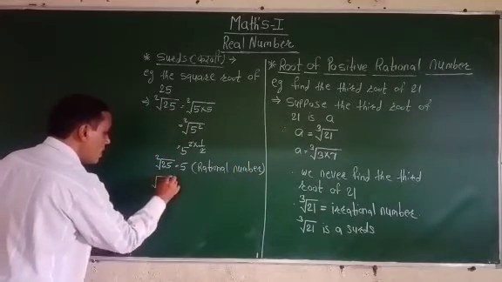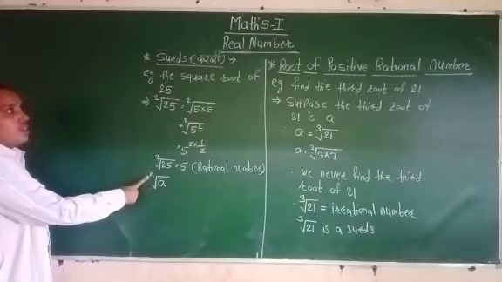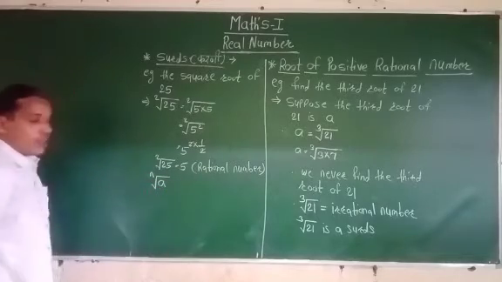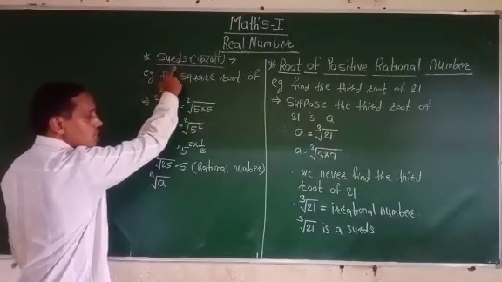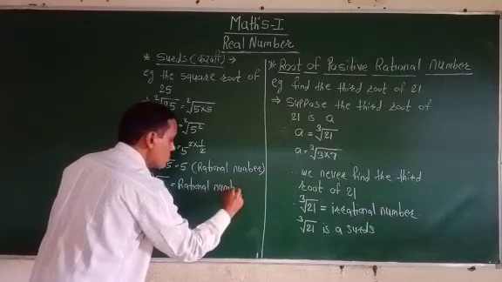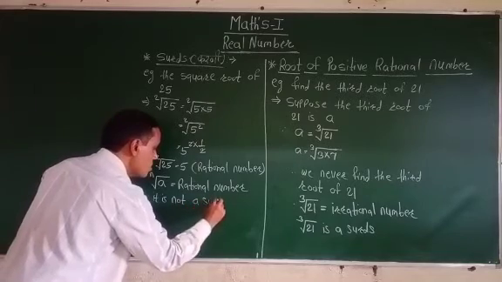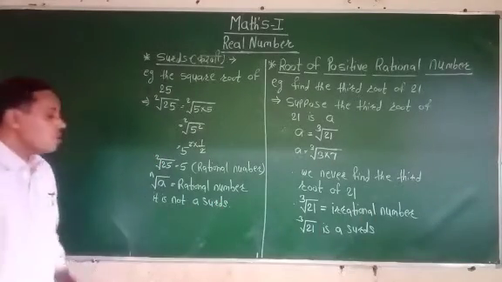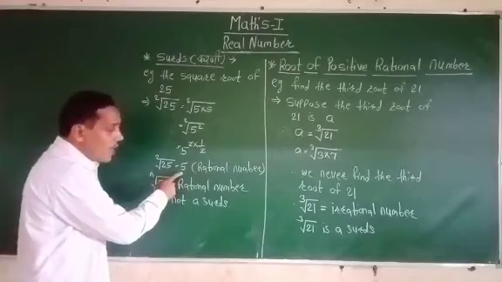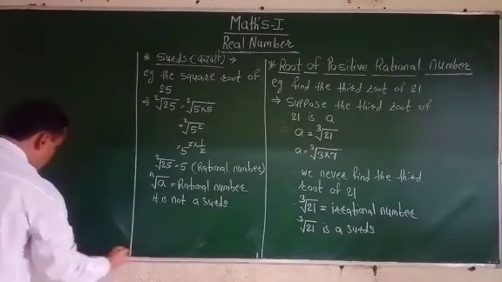That means if we write in the general form, A is any radicand and n is the root degree, and we find the nth root of A. If the nth root of A is a rational number, then we never call it a surd. We call it not a surd. Why do we call it not a surd? Because we get a rational number, and if we get an irrational number, then we call it a surd. So we take another example.